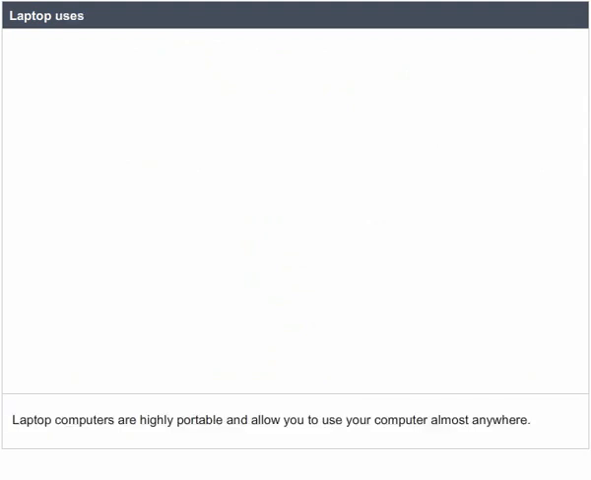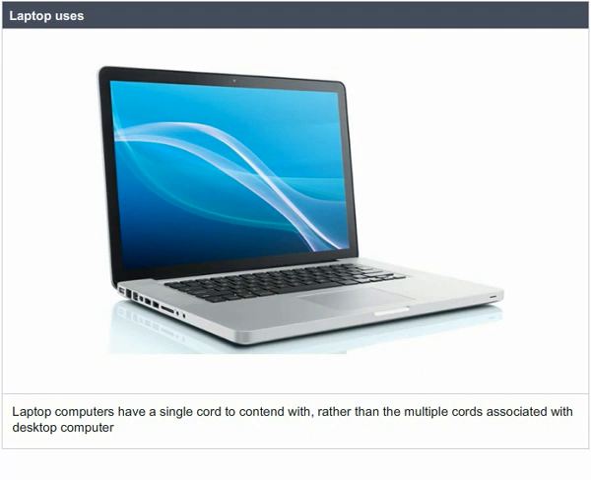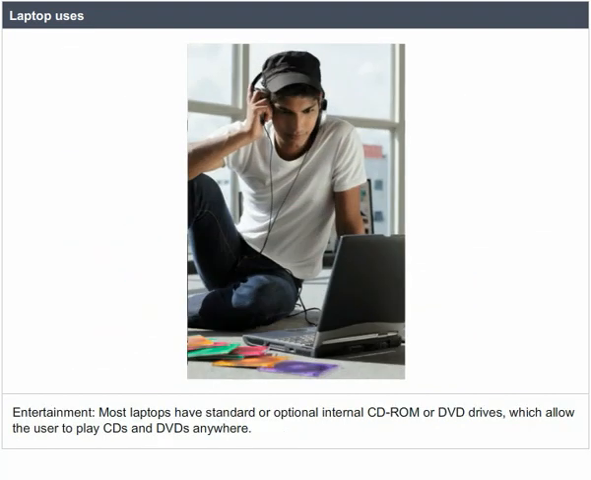Uses of laptop. Laptop computers are highly portable and allow you to use a computer almost anywhere. Laptop computers have a single cord to contend with rather than the multiple cords associated with a desktop computer. Education. Laptops are a tremendously powerful educational tool that students and teachers should add to their inventory of existing educational tools. Entertainment. Most laptops have standard or optional internal CD-ROM or DVD drives which allow the user to play CDs and